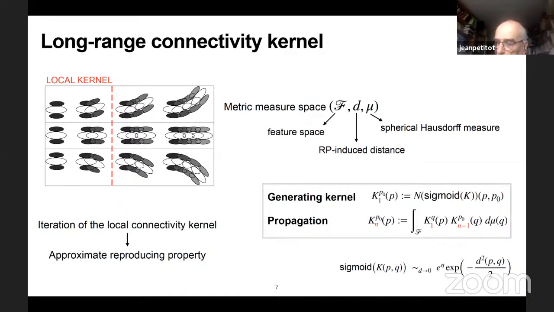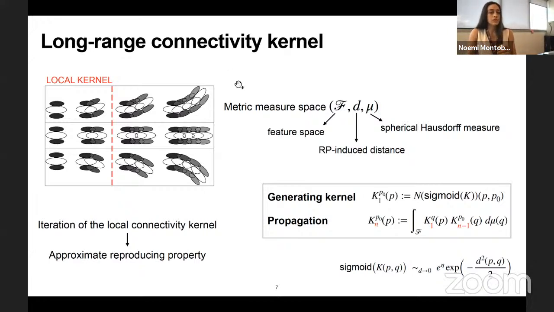But on the other hand, I was saying that lateral connections in V1 are long-range connections. So to model that, we want to propagate the action of this local kernel by means of an iterative procedure. This is to obtain a wider kernel that gives a possibly non-zero measure of interaction between two non-overlapping filters. Intuitively, we may think of connecting these two disjoint filters by taking local steps via a chain of profiles that are each connected to the next according to the local connectivity.